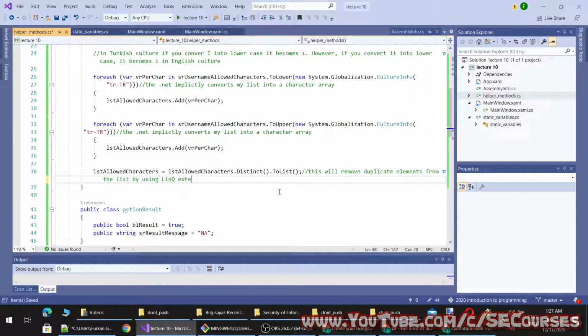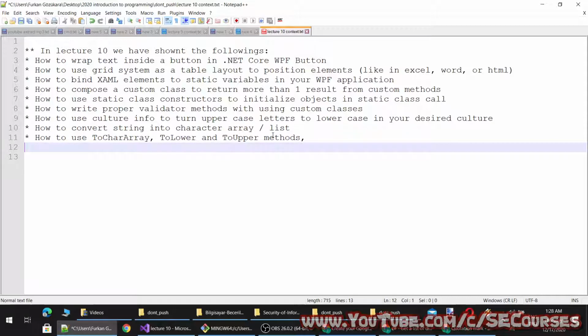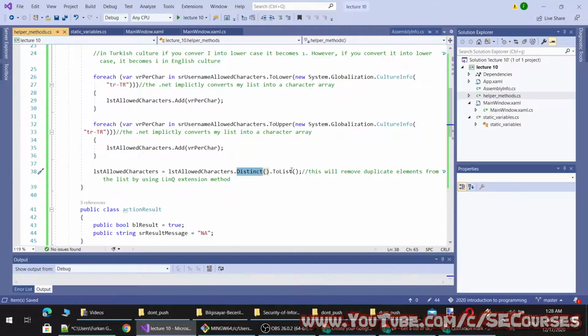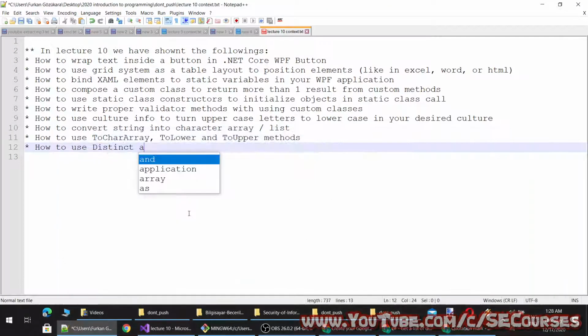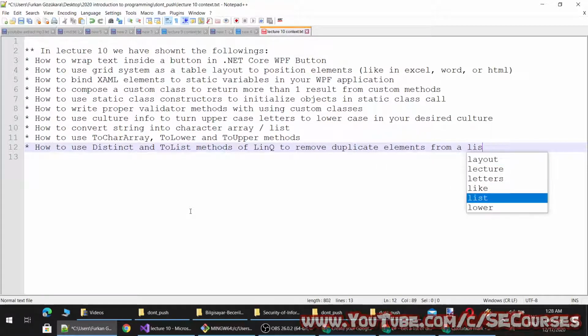Yeah, extension method. Okay, you have to use extension methods. Duplicate elements from a list.